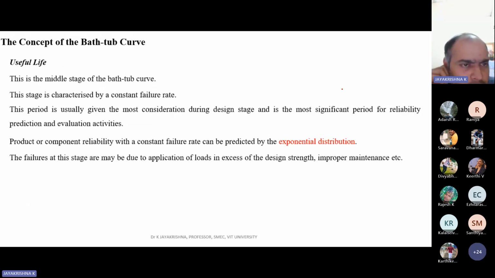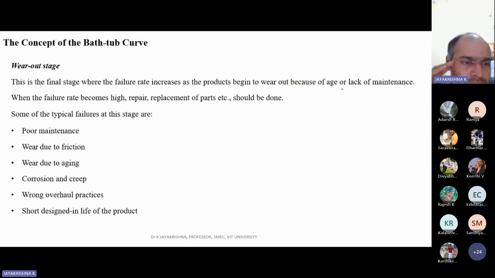Next, useful life. After reaching the useful life period, after some 1 year, 2 years, the machine is now used to the operating conditions. Then it will function very well, and it will be running constantly for a very long time. Then comes the burnout stage, where more maintenance has to be done. The burnout stage is when it starts to get repaired often. Then you have to replace the components, change the bearings, everything. So a lot of maintenance activity comes as the vehicle or the machine gets old. And it will lead to poor